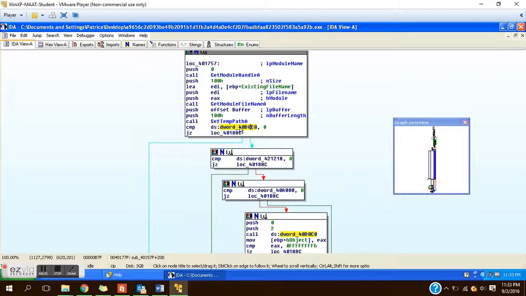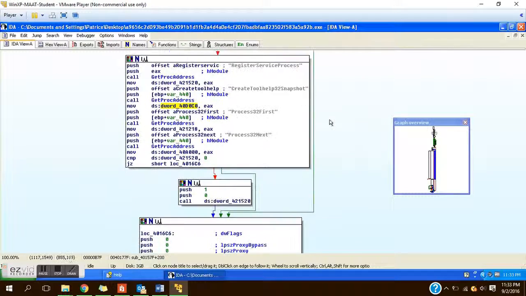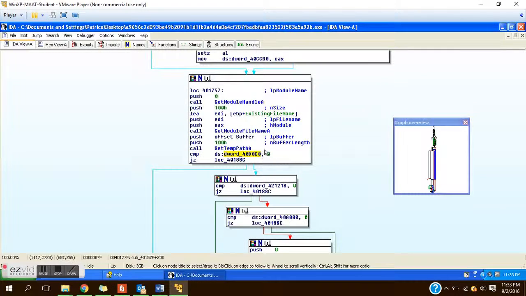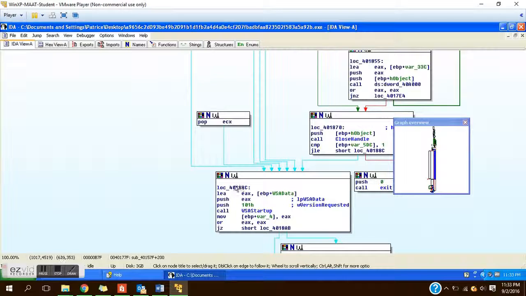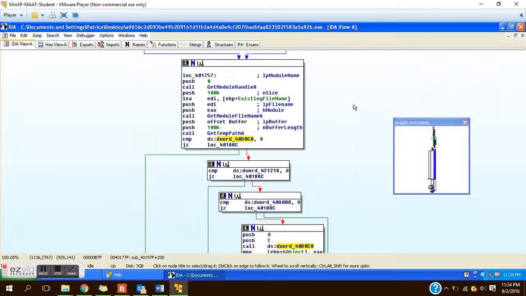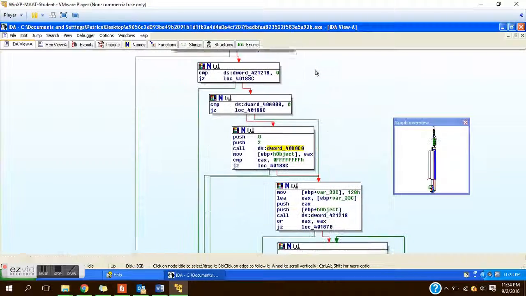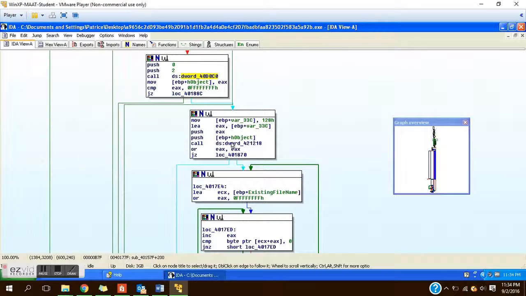What is actually 40doco is the CreateToolhelp32Snapshot process address. What it's doing is checking whether it has that function, and if it doesn't, it will go straight down to this 40188C. The subsequent ones are also checking the same thing for the process first and the process next too. And then it will call d421218, which is